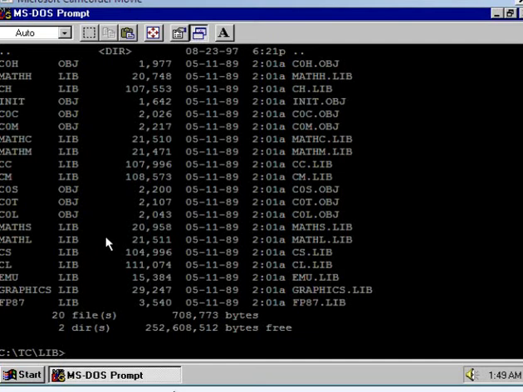Now for a small memory model, this CS library file is for the small memory model. This file contains object code, machine code of all the functions for the small memory model. Already I told you that the concept of memory model we'll discuss afterward in this tutorial. So right now just see the library files for the respective memory models and for the respective libraries, the maths library and then your graphics library and so on. Is it clear? Understood the concept?